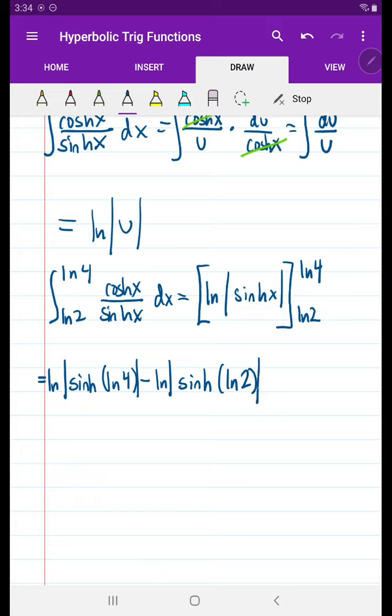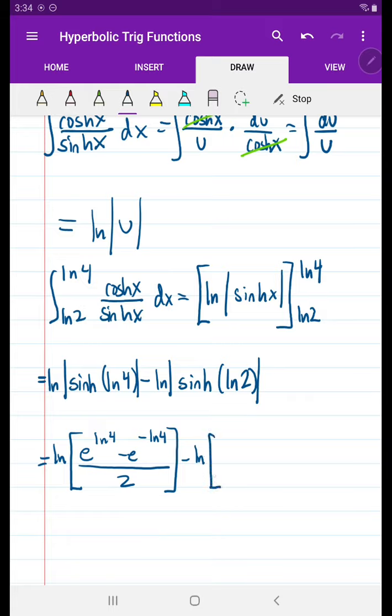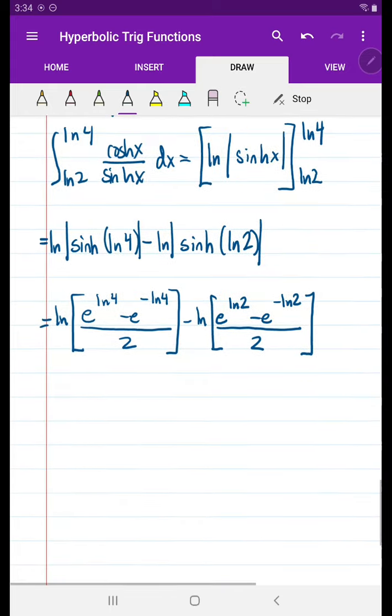Right? And so then if we evaluate those sinh functions, we could take this one step further and say this is going to be the natural log of (e to the natural log of 4 minus e to the negative natural log of 4) over 2, minus the natural log of (e to the natural log of 2 minus e to the negative natural log of 2) all over 2. Okay, so then if we simplify that,